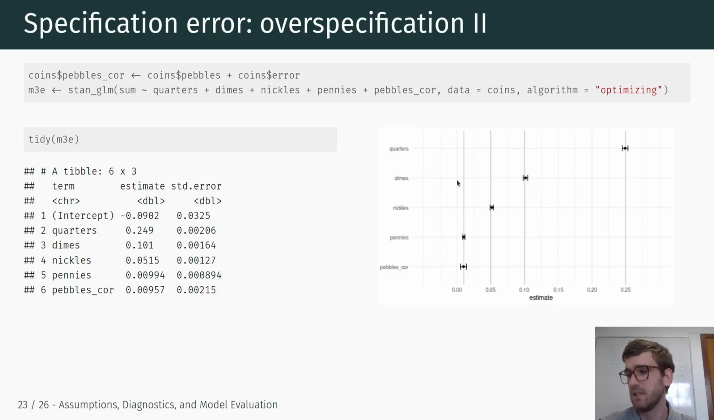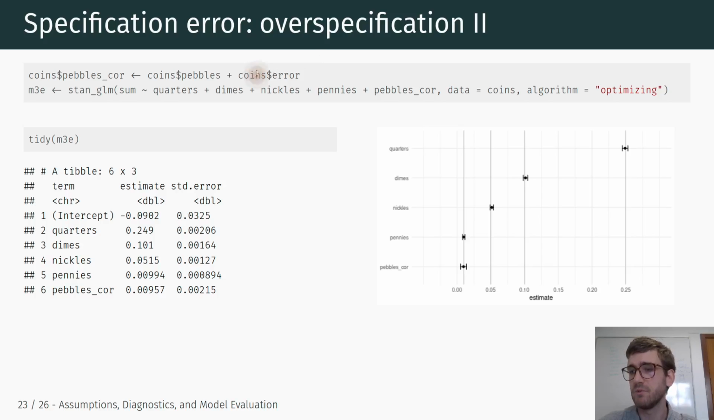Okay, so if we look at this visually, of course, there's a little bit larger uncertainty. But despite the fact that pennies, nickels, dimes, and quarters are still correctly estimated, now all of a sudden pebbles are estimated to have a value of a cent, so similar to pennies as well. Why is that the case? Why does overspecification here create an issue? The underlying reason is that pebbles, this variable that in the underlying data generating process shouldn't be related to the outcome at all,